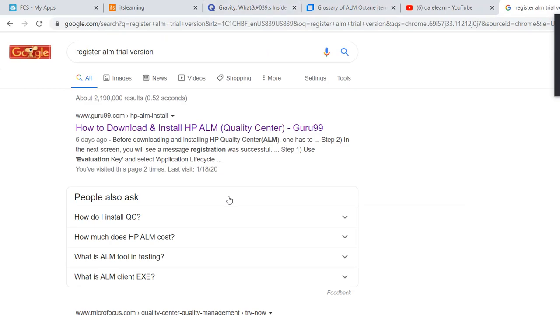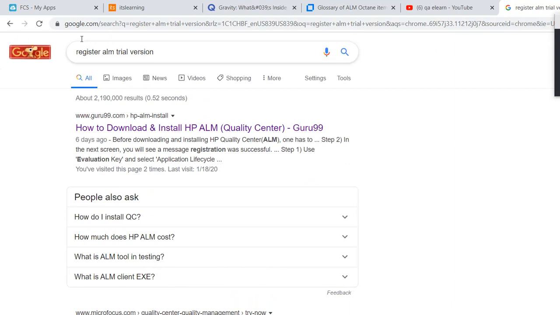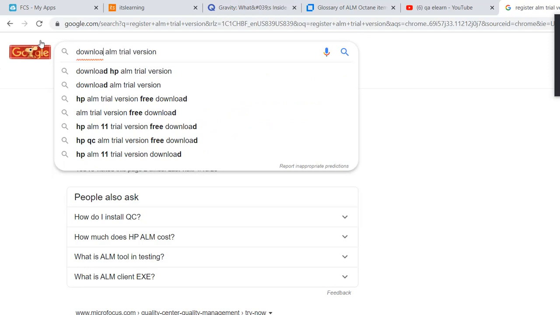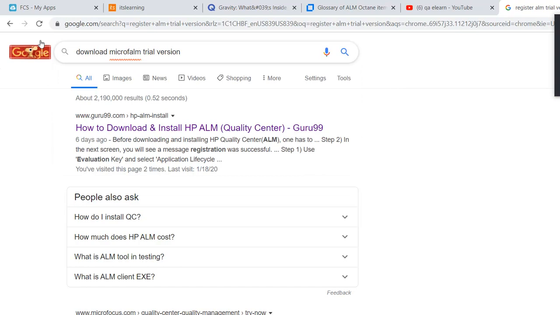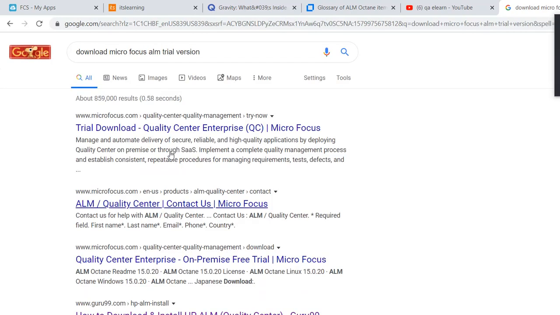Download MicroFocus ALM trial version. Let me see, MicroFocus, yeah. If you say download MicroFocus ALM trial version, and then can you see that